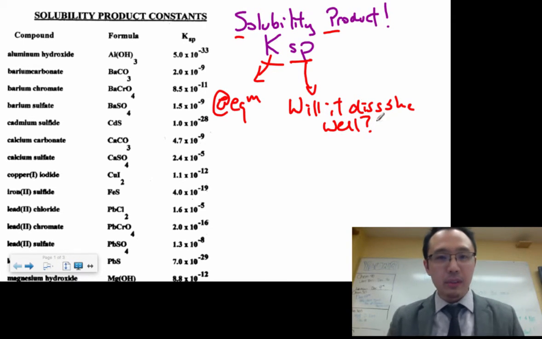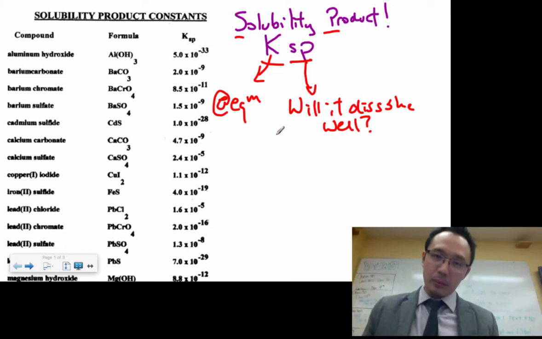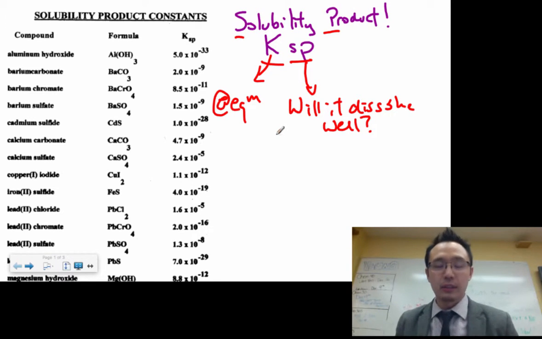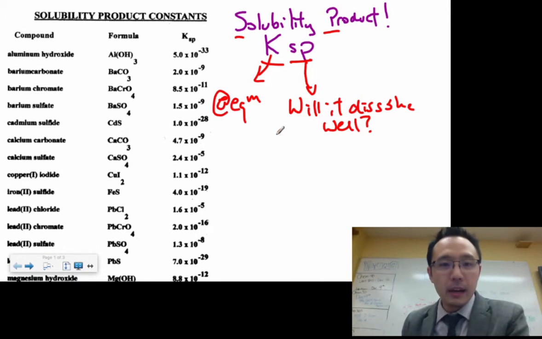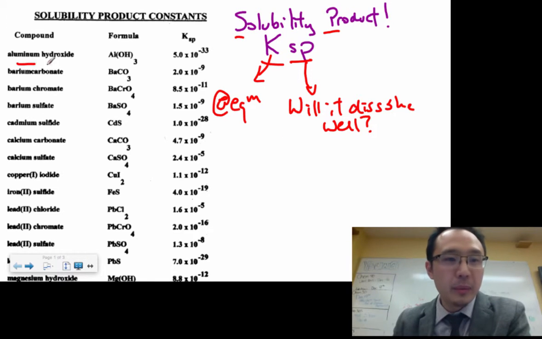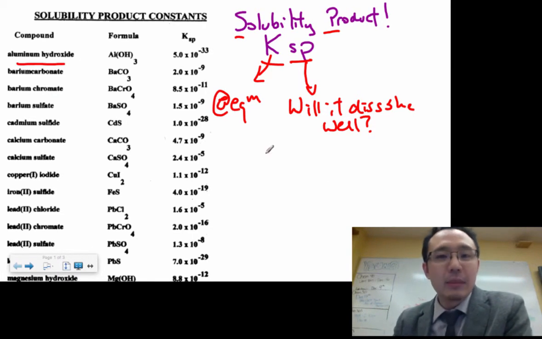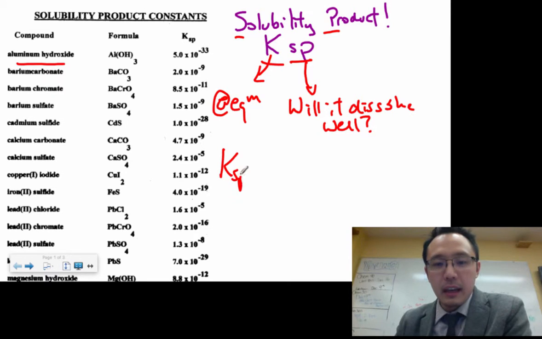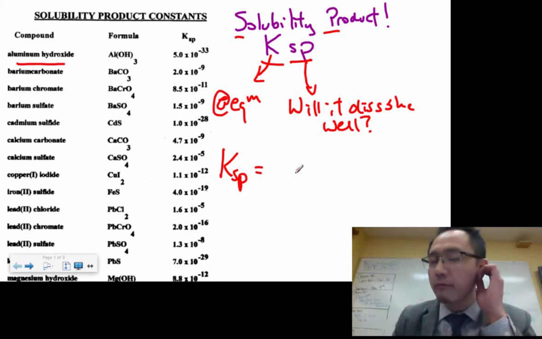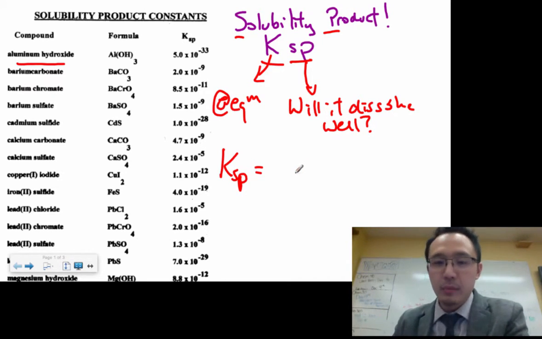Some solid compounds will dissolve completely very easily, such as your table salt, whereas some other compounds, such as the first one, aluminum hydroxide, will not dissolve as well. To give you an idea where the KSP value is from, let's make sense out of this. KSP is another one of those law of mass action, very similar expressions. So if we use the first one, aluminum hydroxide,